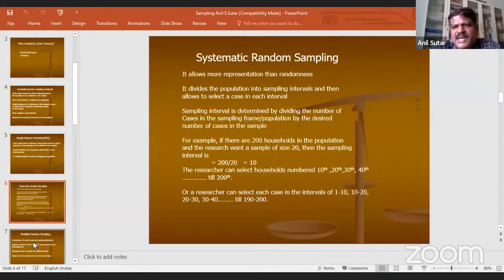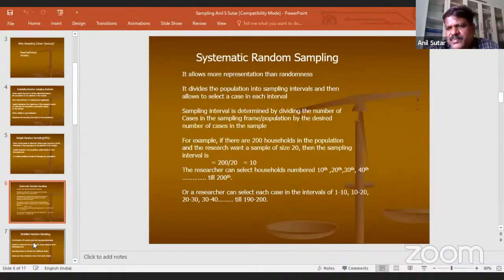Then systematic random sampling. This again is a variant of random sampling only. Most of the time we come across simple random sampling only. Our scholars vaguely say that they will follow the random sampling method. That is not the correct way of saying it. There is not one random sampling method.